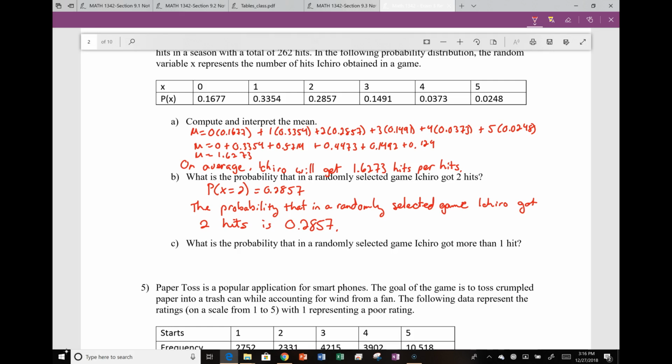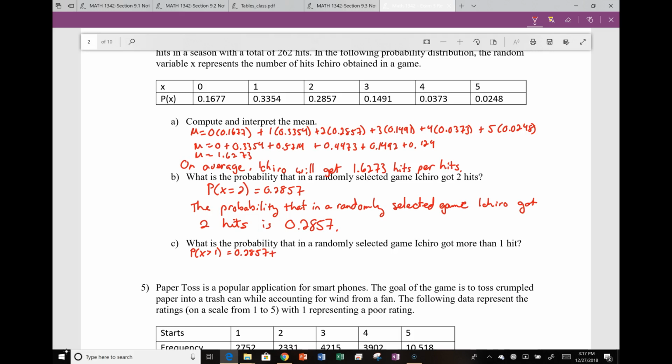Part C. What is the probability that in a randomly selected game, he got more than 1 hit? More than 1. So if he just got 1, that doesn't count because we want more than 1. More than 1 is going to include 2, 3, 4, and 5. So we want the probability that he gets more than 1, which is going to be the probability that he gets